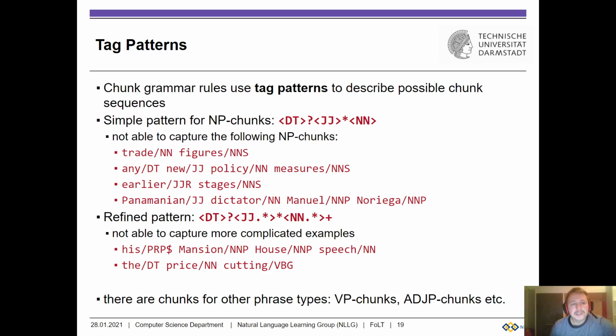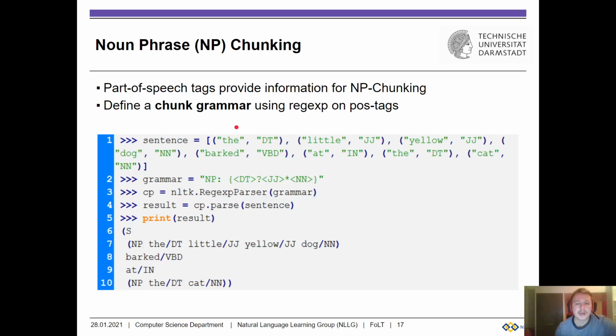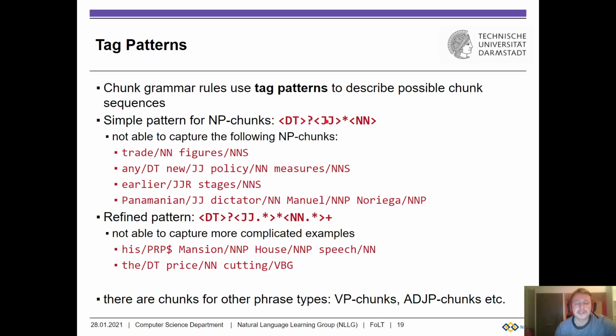What we can do is define chunk rule grammars to describe possible chunk sequences, and we can define tag patterns, so part of speech tag patterns. The simple pattern that we've seen before is a determiner. It doesn't have to have a determiner. It could have a determiner, and it could have zero or more adjectives and then a noun. So this is a simple part of speech tag pattern that would identify NP chunks, but it would fail on